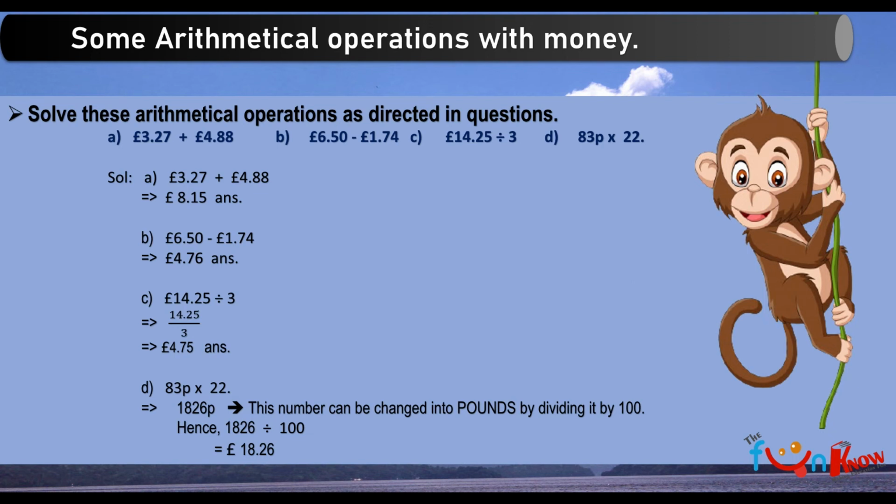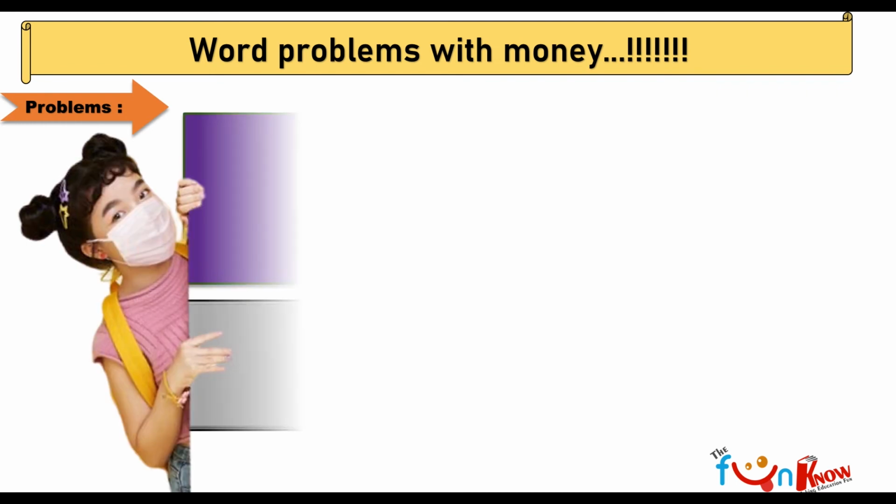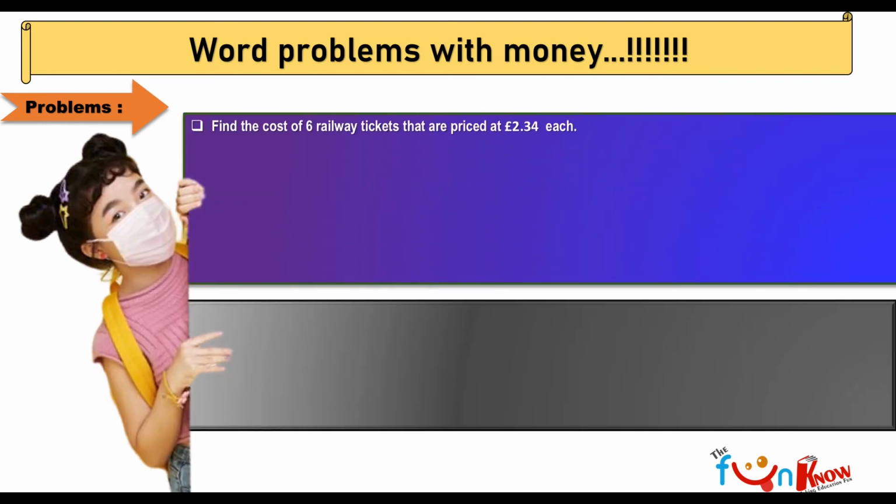Now we'll be discussing a few word problems with money. Find the cost of 6 railway tickets that are priced at £2.34 each. Now, how are we going to solve this? If each ticket's price is £2.34,